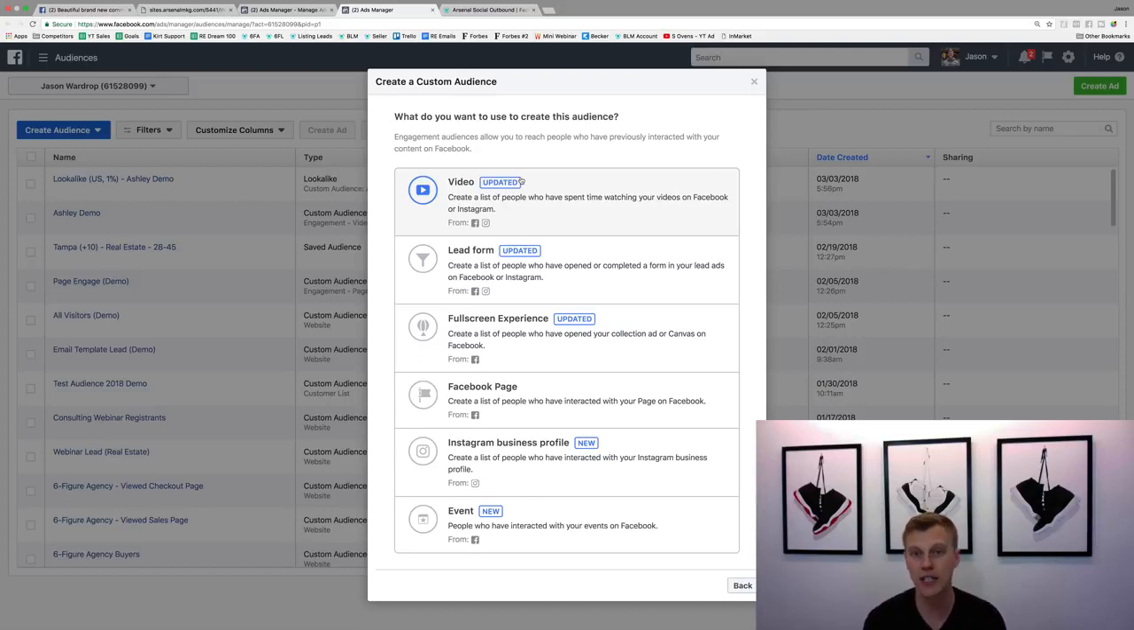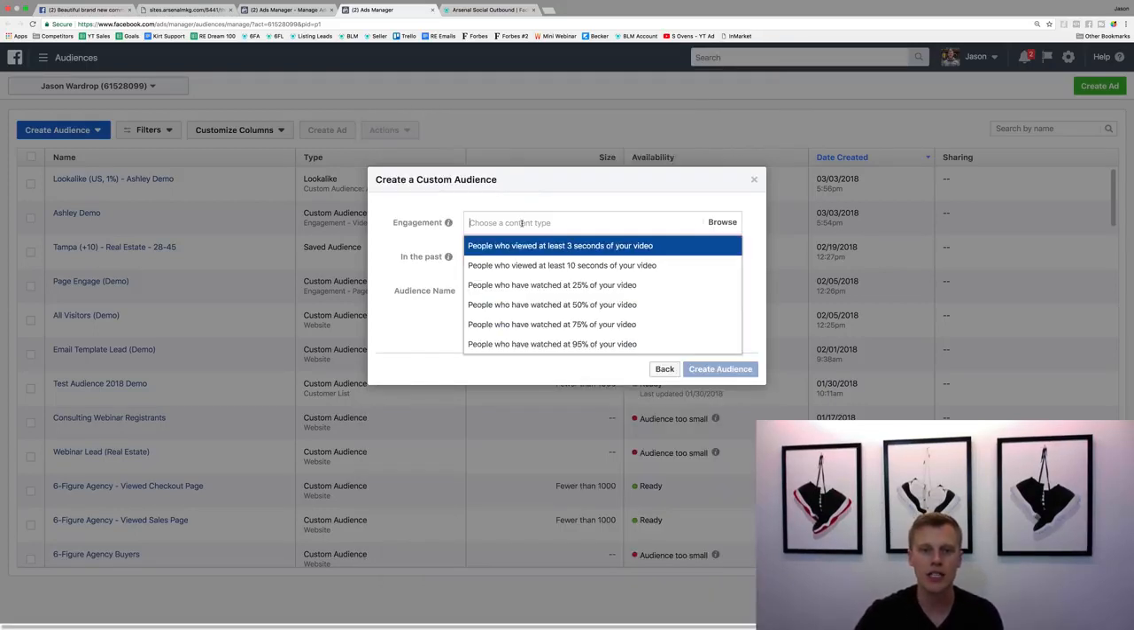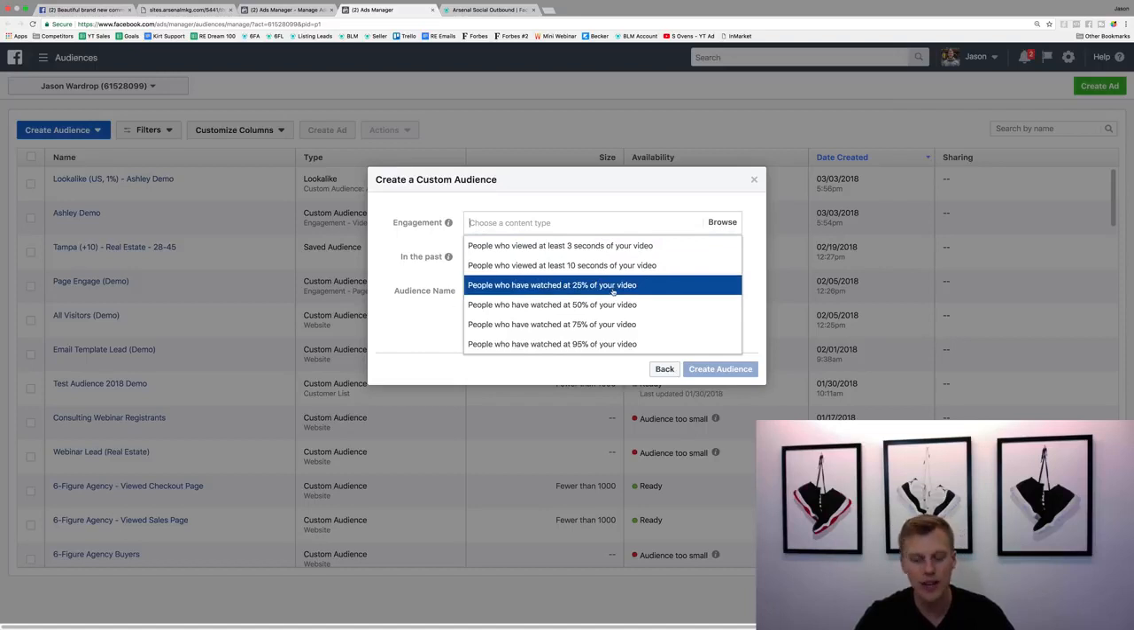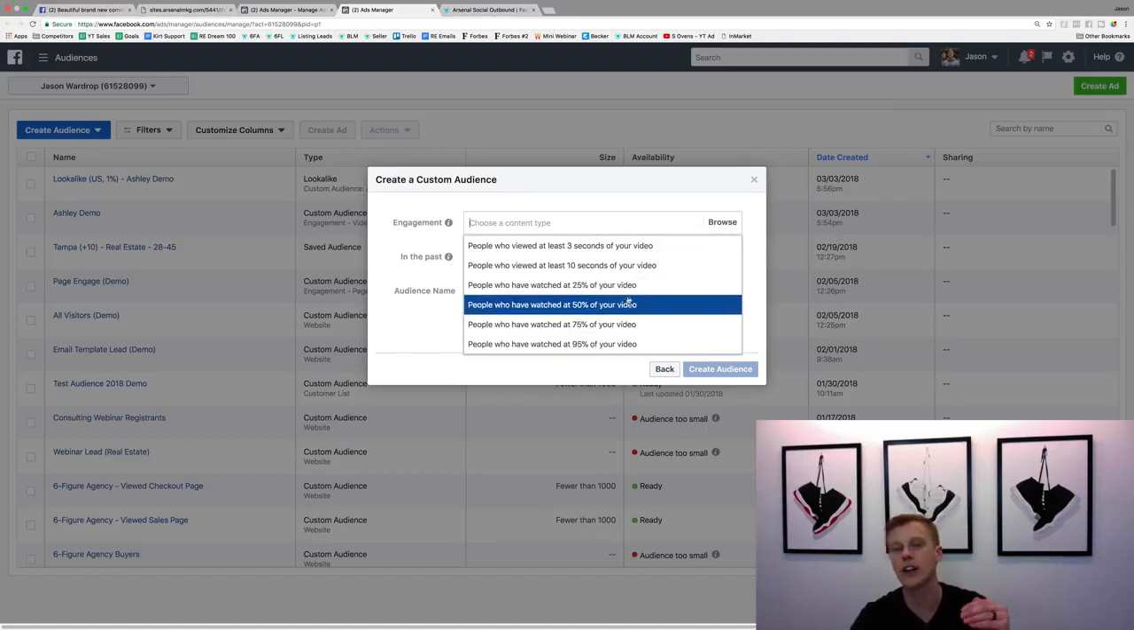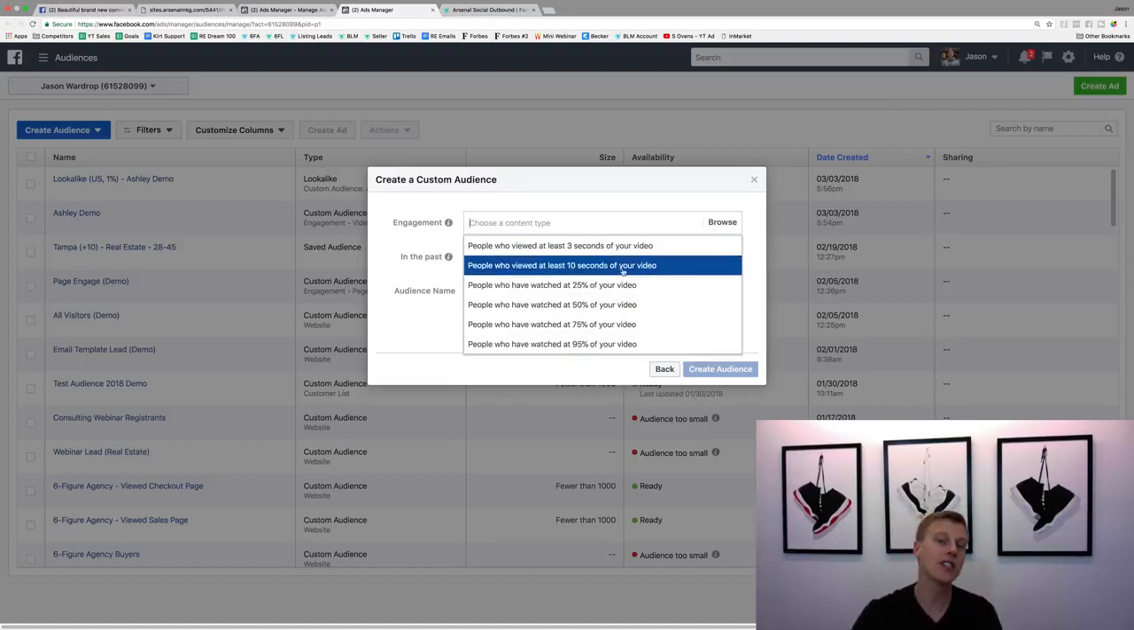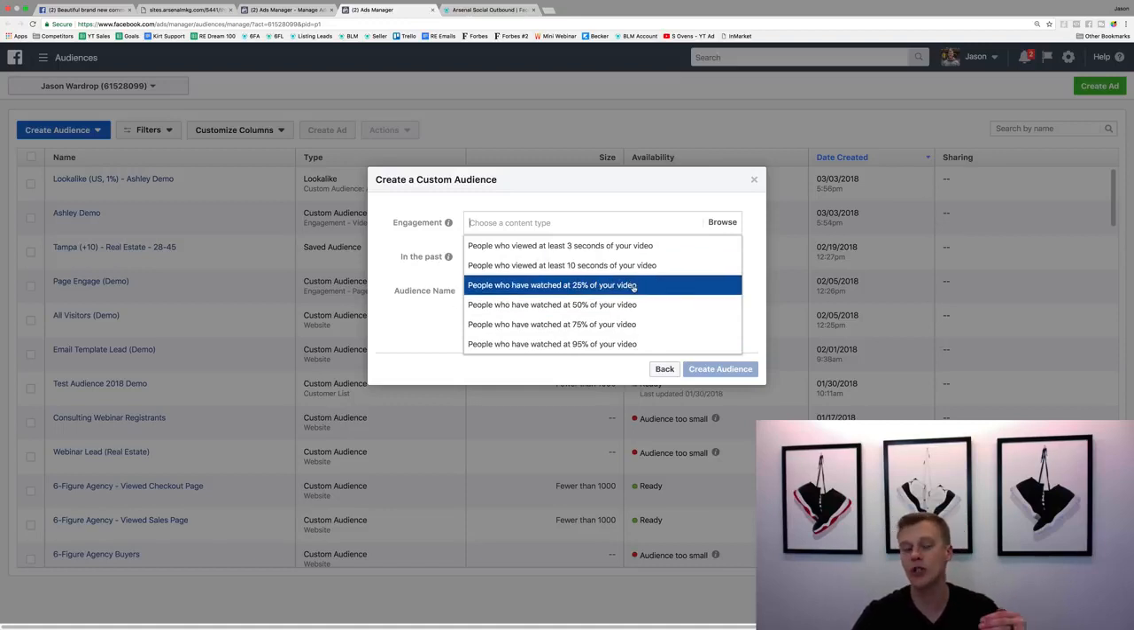I just want to get this quick to the point here. So we're gonna click on video right here. And so we're gonna say, okay, people who viewed at least 3 seconds of your video, 10 seconds of your video, 25% of your video. You can see all these different options. So I like to usually stick with at least 10 seconds or 25% of your video,